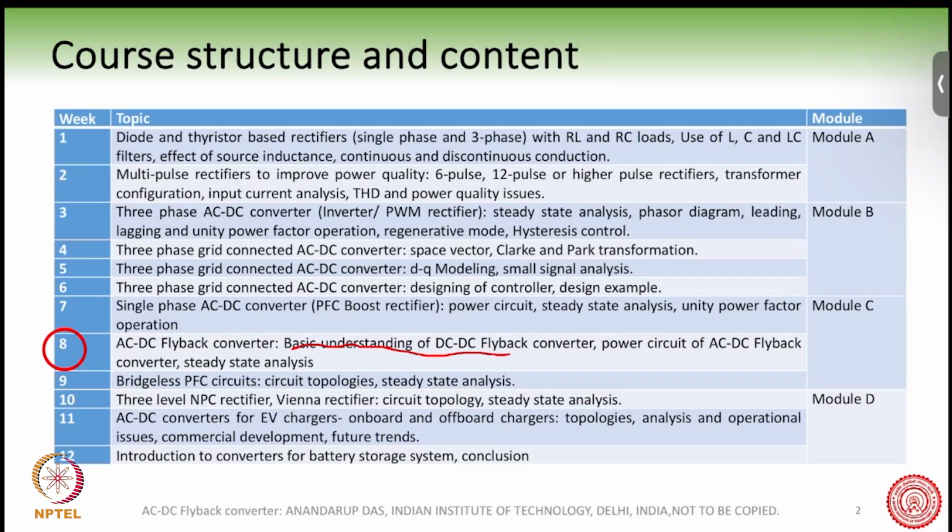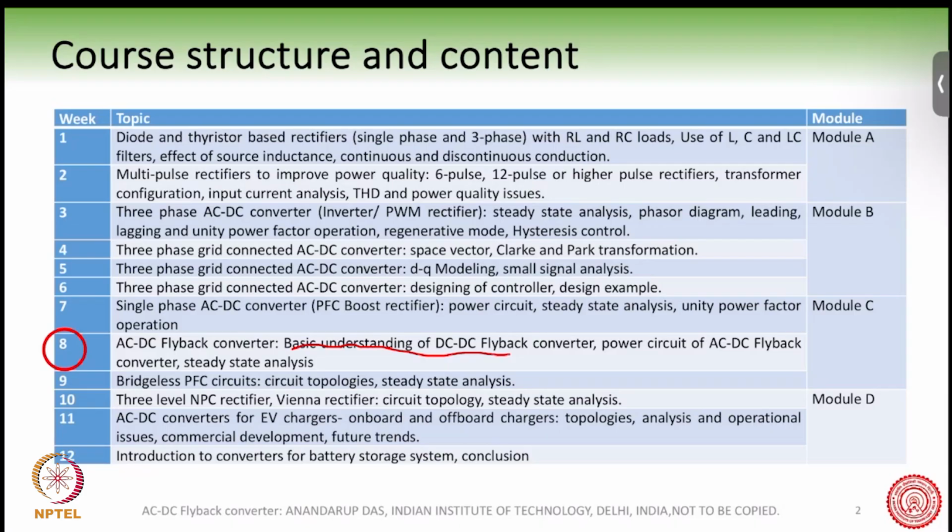The reason for this is that if we want to really understand the AC-DC flyback converter, we need to first understand the DC-DC flyback converter in a good fashion. Since this is an isolated DC-DC converter, which is usually not taught in a first course on power electronics, at least in India,